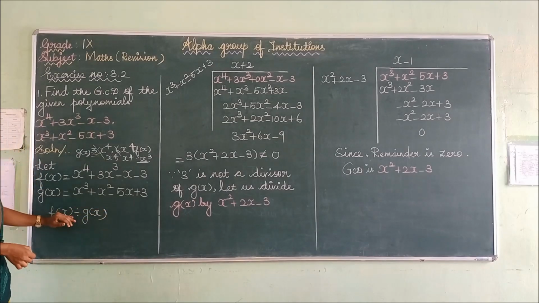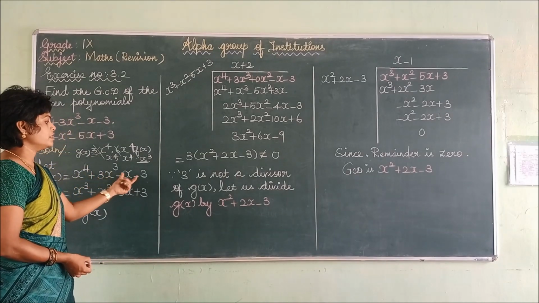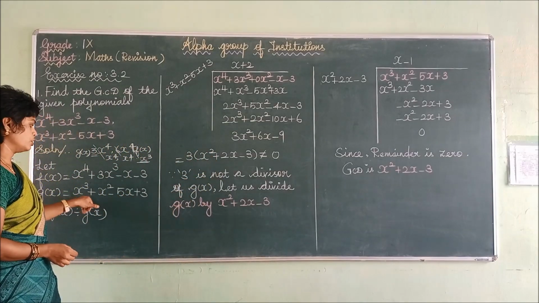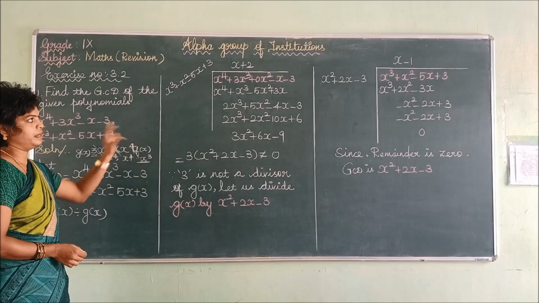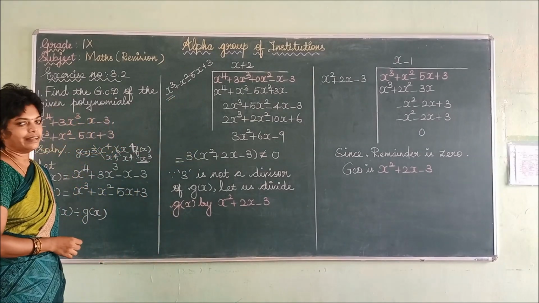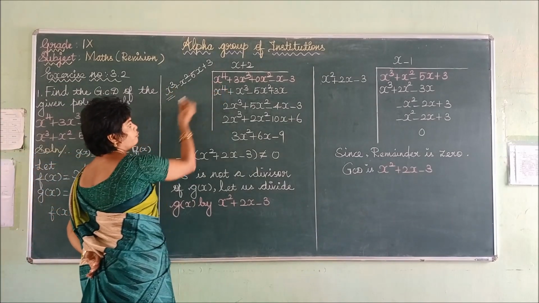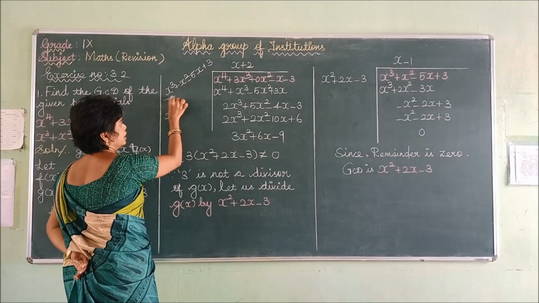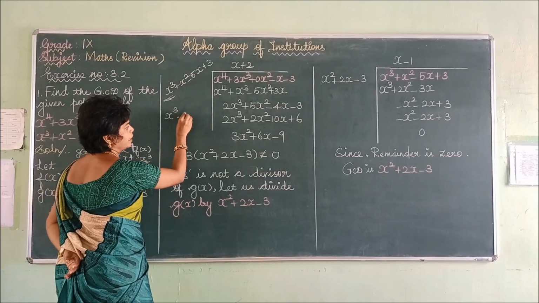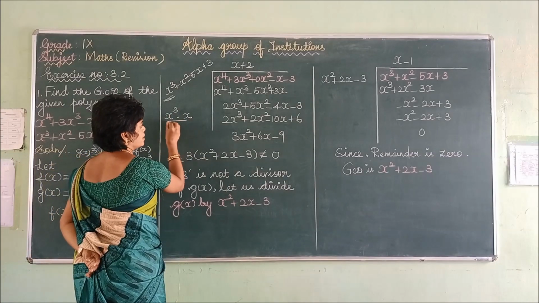So that means you have to write the function f of x: x power 4, 3x cube minus x plus 3 inside. Then divide with g of x: x cube plus x square minus 5x plus 3. So listen here. Whenever we are dividing, you must check the value. Here the x power is 3. When x power 3 changes to x power 4, if you multiply it with x only, it changes into x power 4.